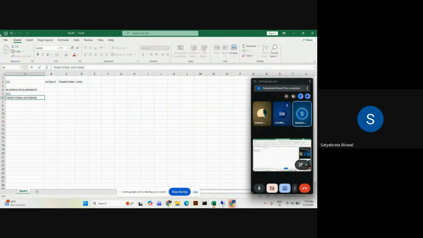For example, there's a smartphone, right? In a smartphone you get different Android versions. Similarly, ECC is a business architecture,